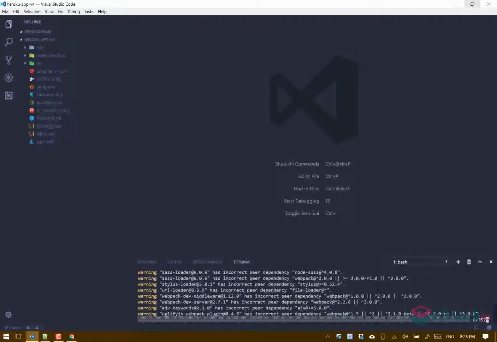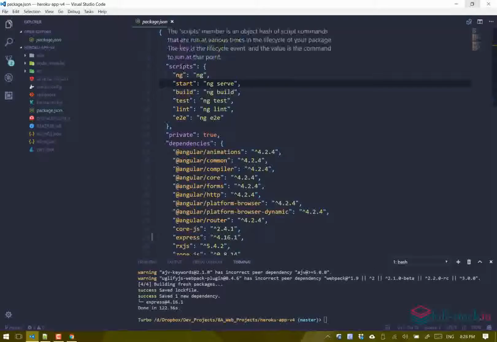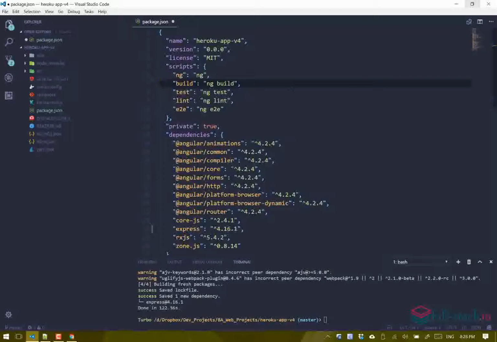So you have to understand that when the app is copied to the Heroku server, a number of events happen. The most important one is that the production server will read your package.json file to install all the app dependencies. There are a few things that we need to change inside the package.json file. The first thing you want to do is modify the scripts field. First of all, you need to remove this start property, because on the production server, it won't need to use ng serve. You want to have something that continuously serves your app all the time so that everyone can access